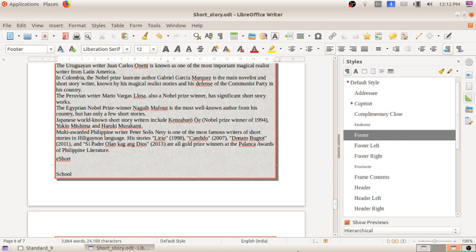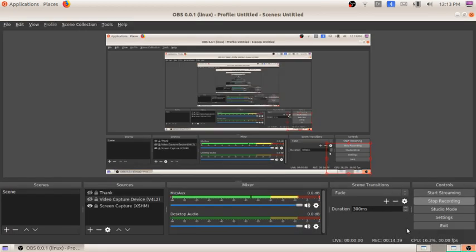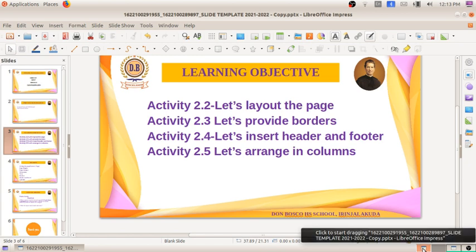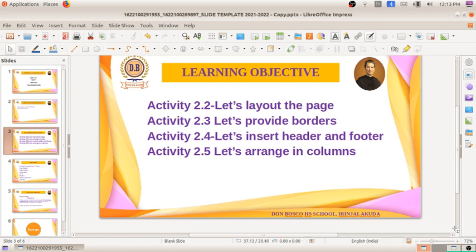So with this much, our third activity, activity 2.4, insert header and footer, is also completed. And the fourth activity that we have to do is, you will all notice that in the textbook, the contents are arranged as two columns. You can see in the textbook, on page number 24 and 25, that the activity is describing. On page number 25, figure 2.4, you can see a portion of the ICT textbook. There you can refer to how the contents are arranged. The contents are arranged as two columns.